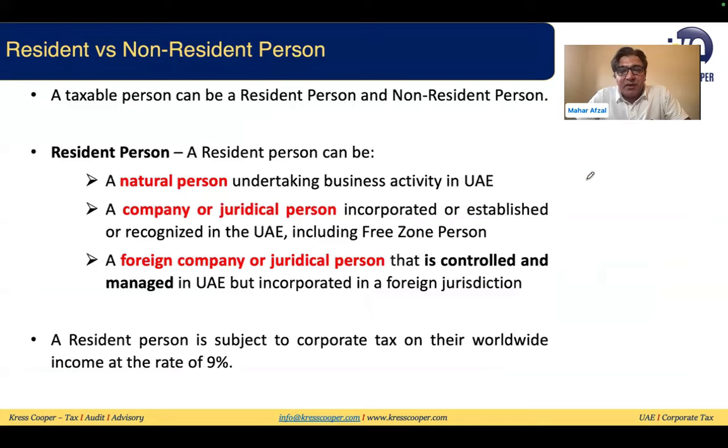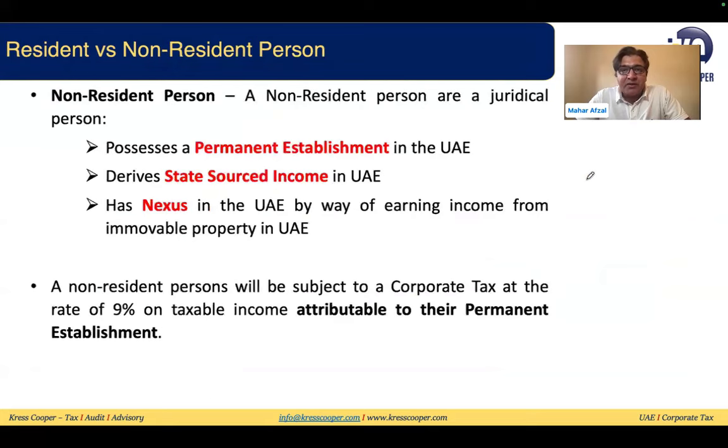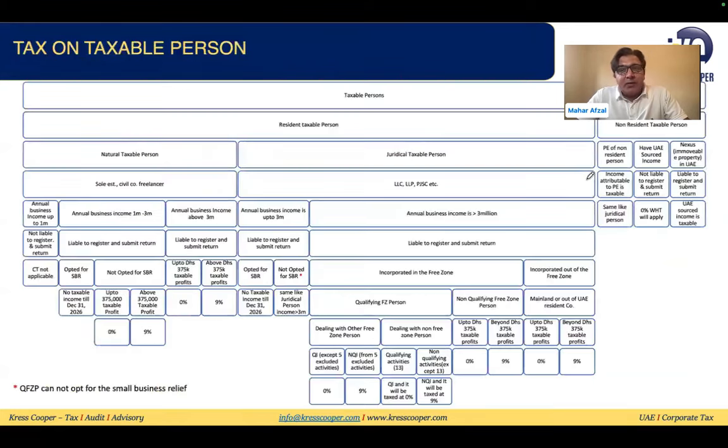incorporated in the UAE, foreign person that is being controlled and managed in the UAE, the resident person as I mentioned. Non-resident person, PE of the non-resident person, state source income, and anyone with a nexus in the UAE is called a non-resident person. If I'm asking about specific taxability,